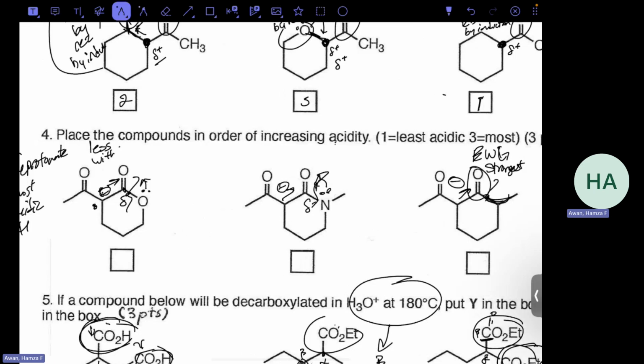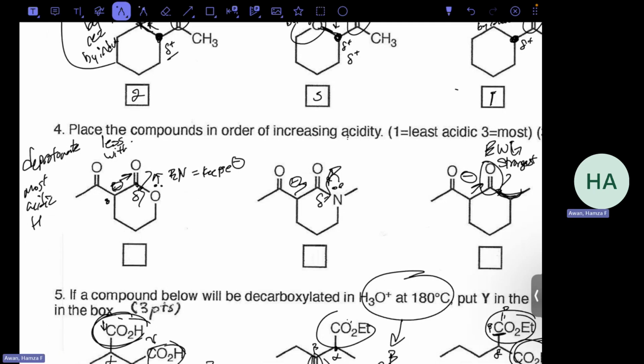This oxygen is more electronegative, and that electronegativity causes it to want to keep its electrons. Because it wants to keep its electrons, it'll be a weaker donating group. It's not going to be giving as much away versus this